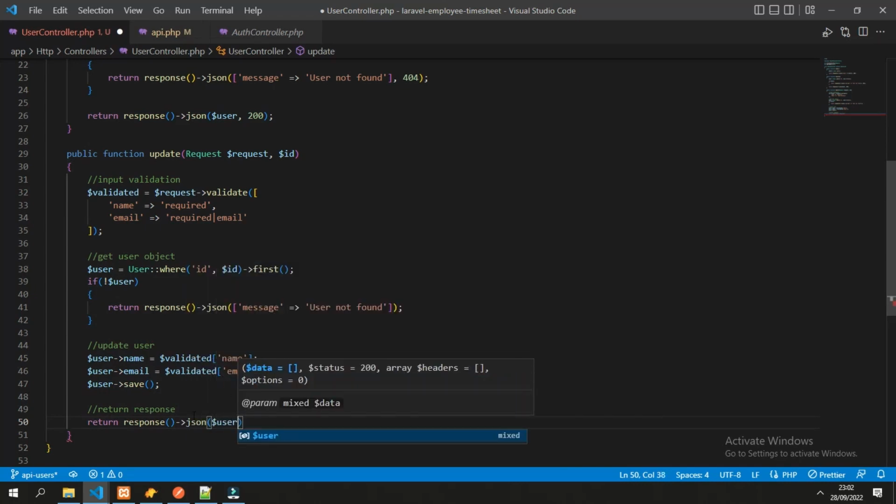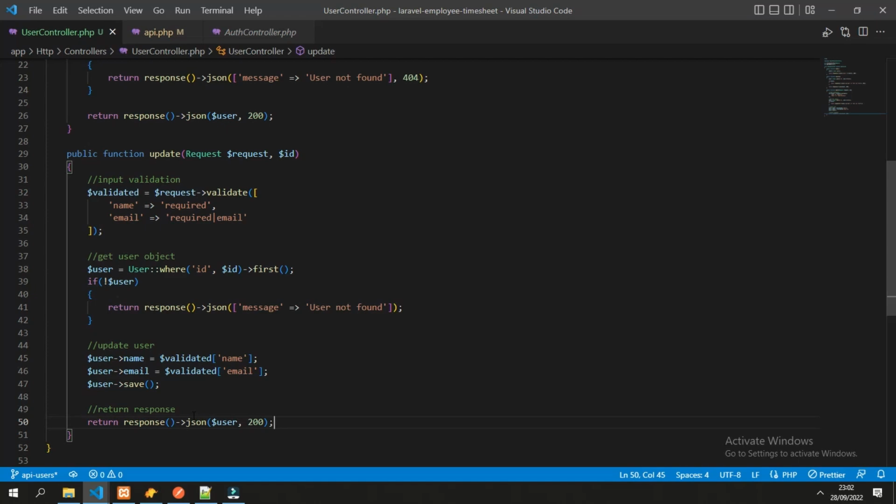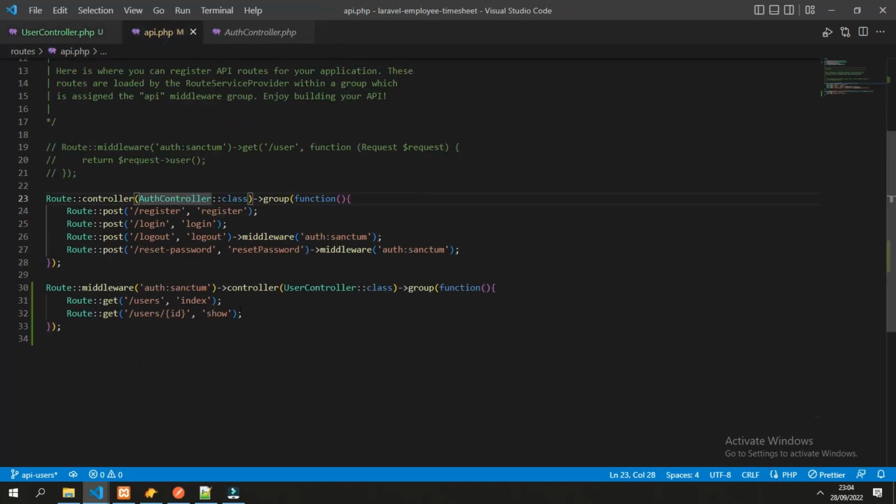Of the user, and the status would be 200, and then we can save. Next we can add the route.